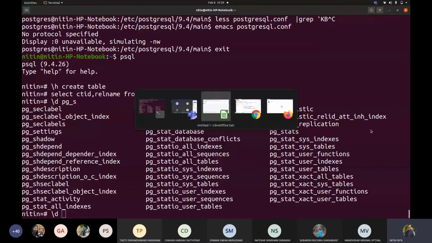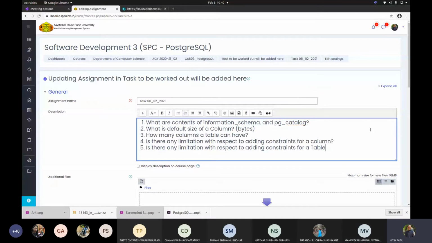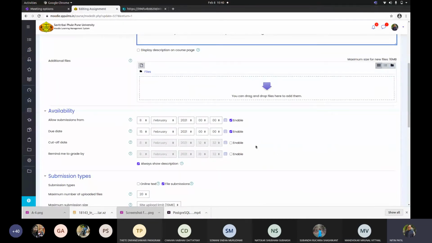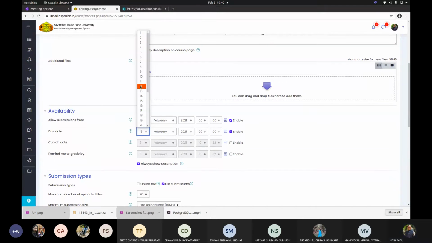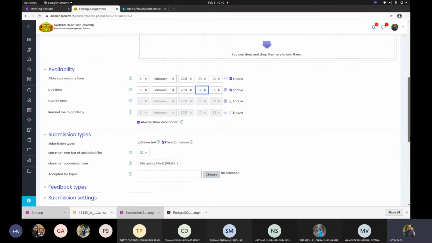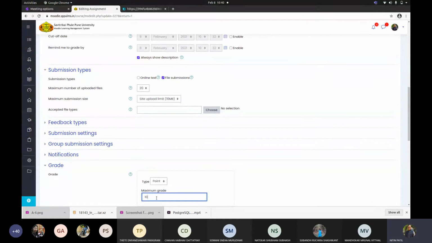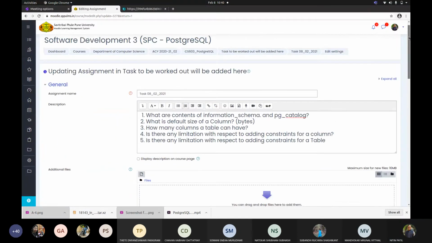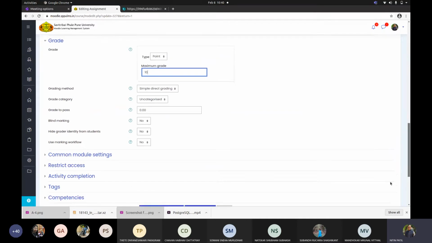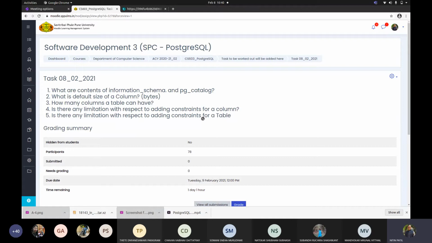So now I want you to find out answers to these questions which are added there by me. Right? So the deadline we are going to set, say tomorrow. By the way, I am going to give marks appropriately with respect to the task that you carry out. Correct? So it would be till 12 afternoon. You have to finish this. Grade would be 2 marks each. Fine. So there are 5 questions. Try to find out answers to these questions, and another task will be added day by day.